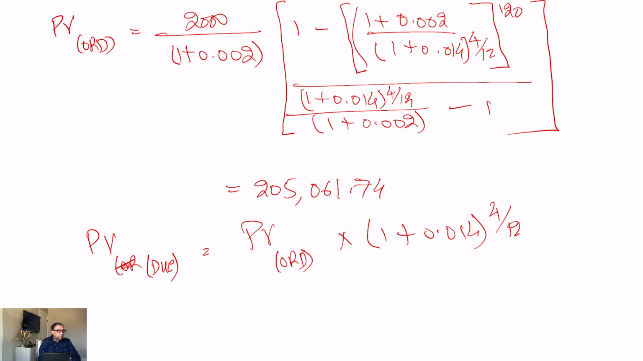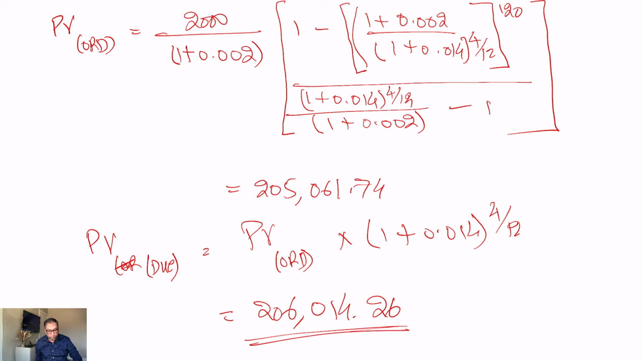So this way, you're going to get 206,014.26. That's our answer for the ordinary annuity. Okay, so